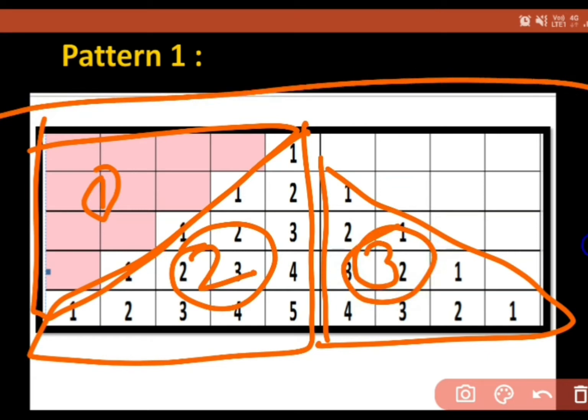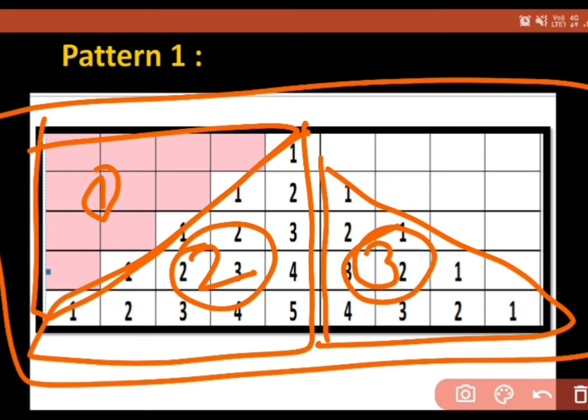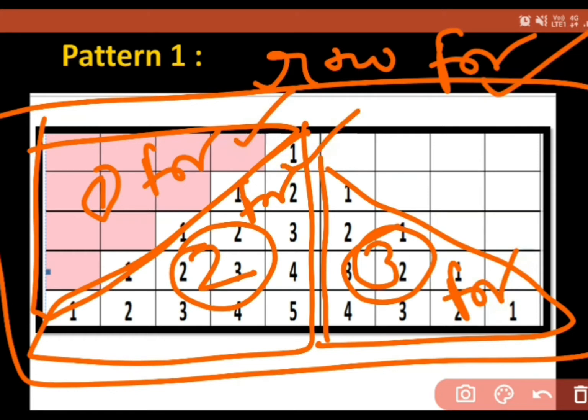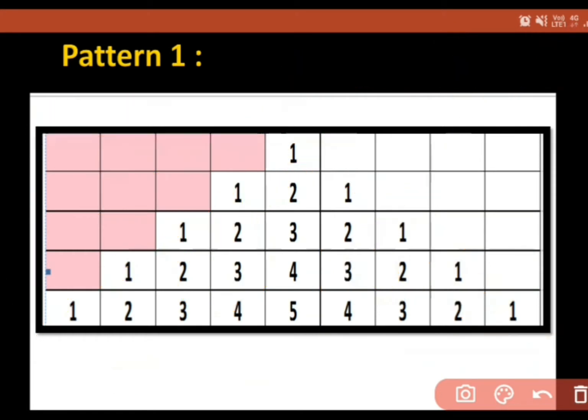In our rows we have 3 things. For one row we have a for loop, for this we have one for loop, for this we have one for loop, and for this we have one for loop. This is the strategy actually. That means 4 nested for loops: 1 outer and 3 inner.